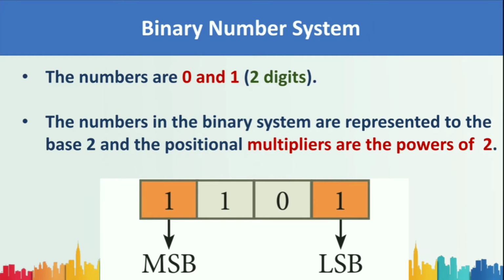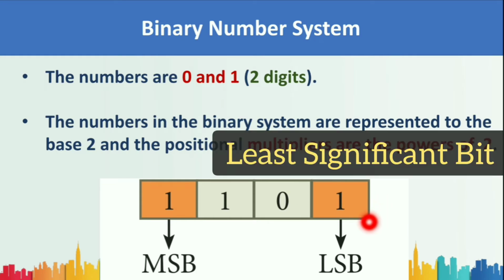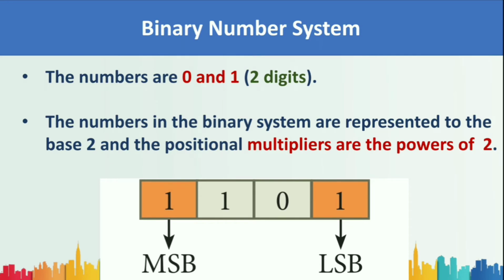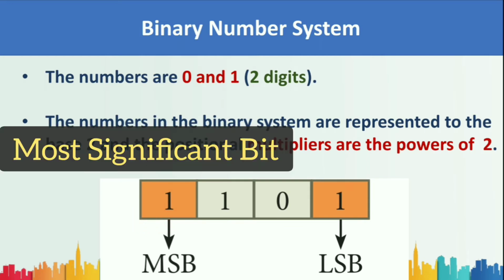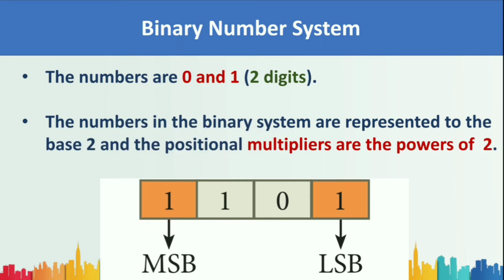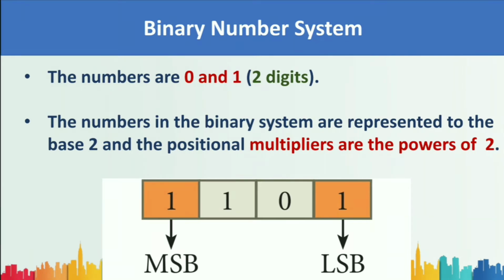Like decimal numbers, in binary numbers also we have positional value. The rightmost bit is called the least significant bit, which has the lowest value, and the leftmost bit is called the most significant bit, which means it has the highest value. The number in the binary system is represented to the base 2, and the positional multipliers are the powers